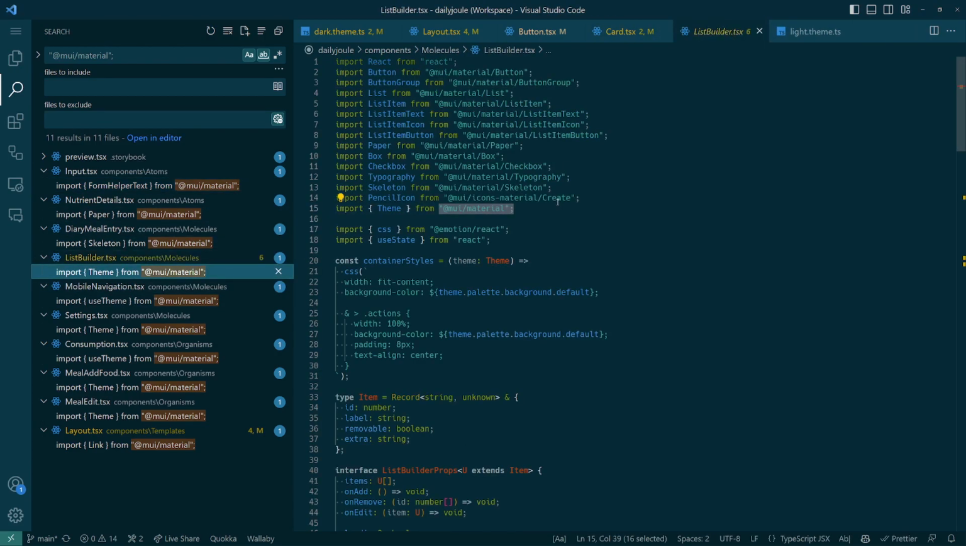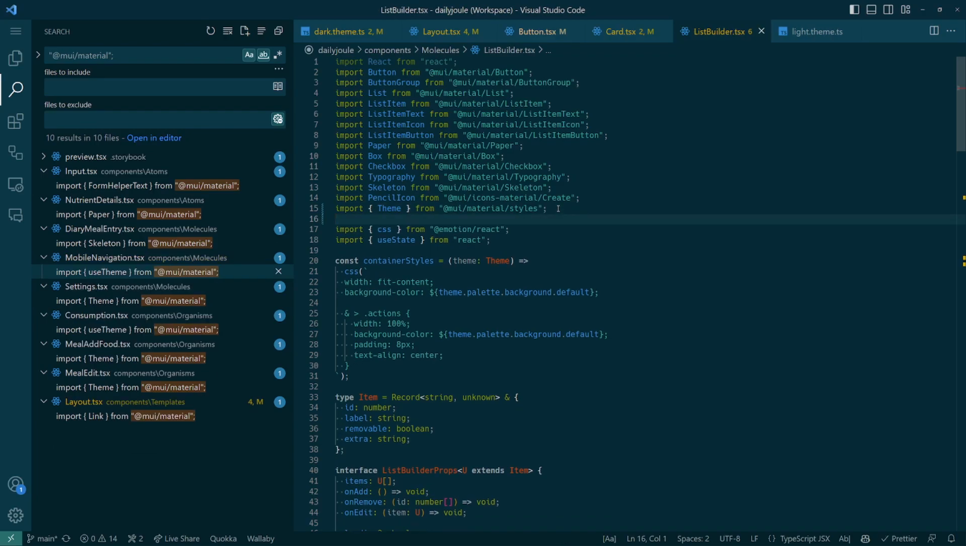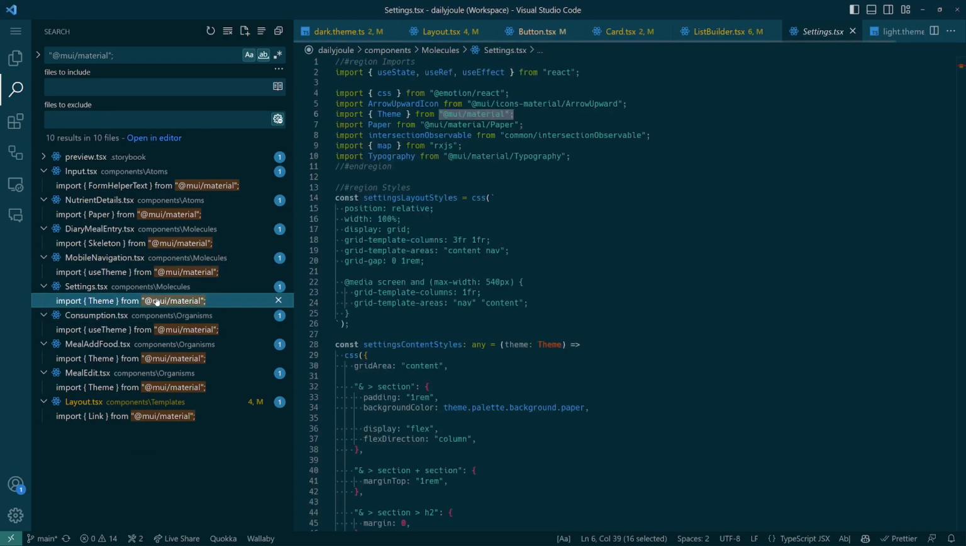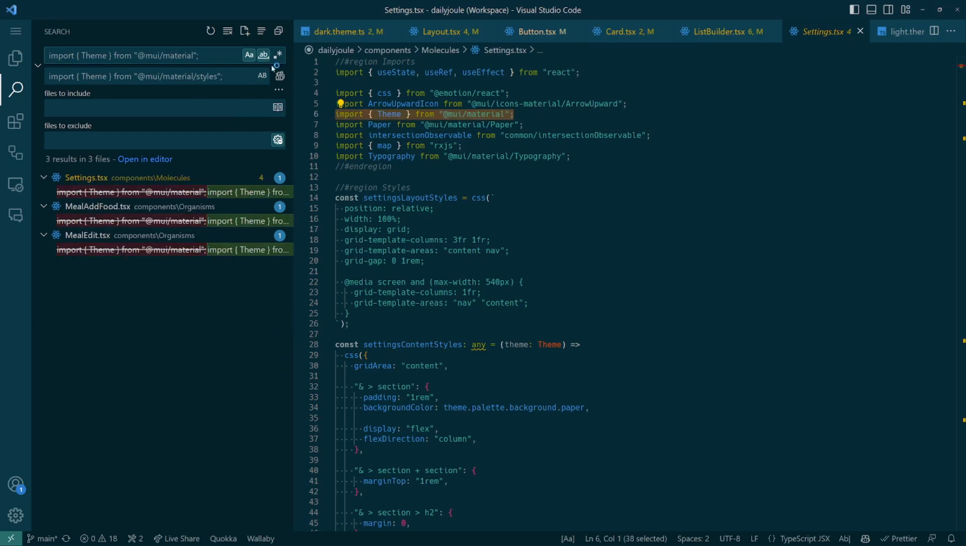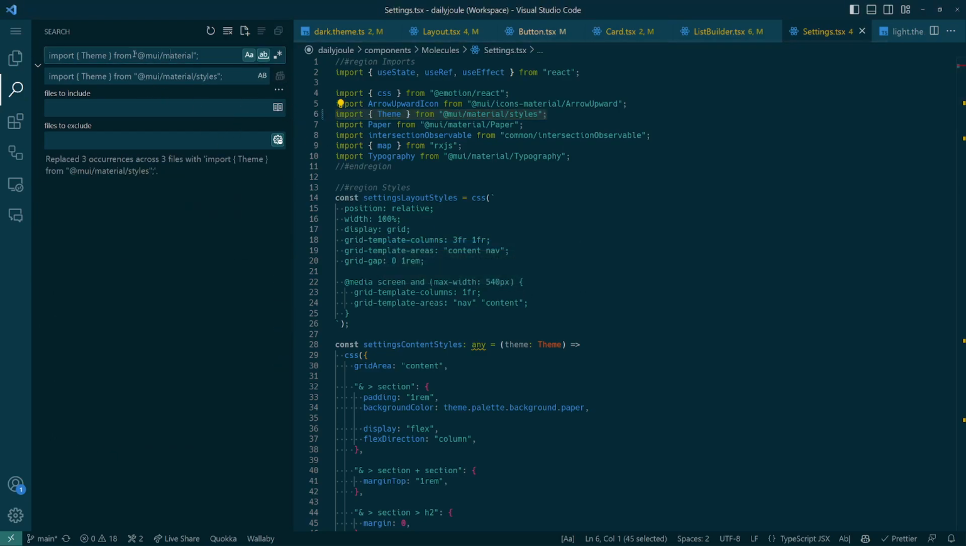Yeah, there's another place where we're importing theme. Change that. In fact, Control-Shift-F. Replace all. There we go. All right, and let's find more places where we're importing